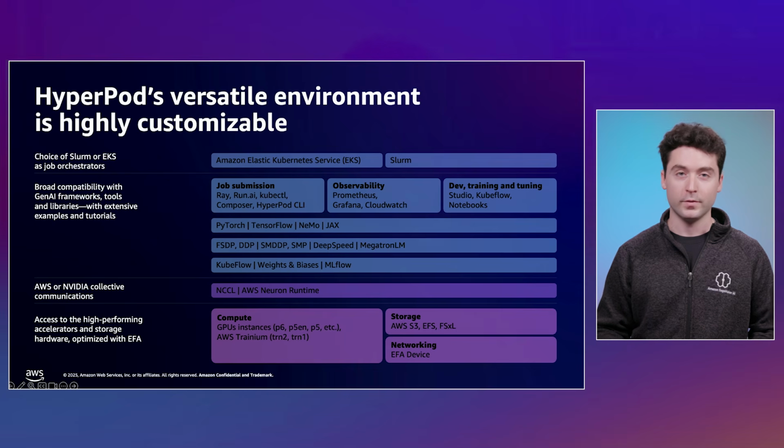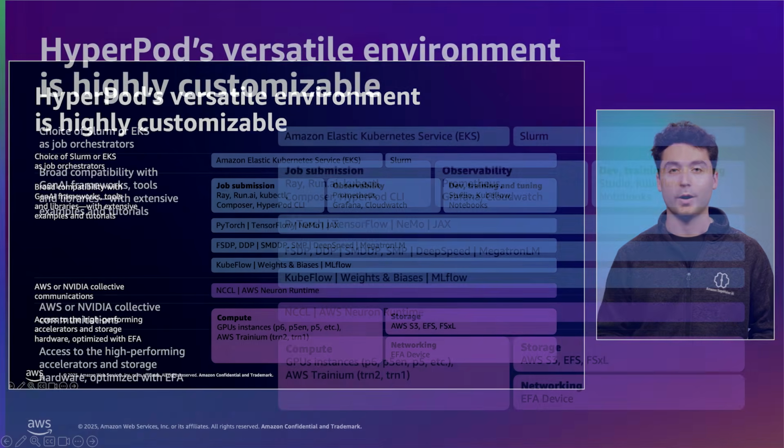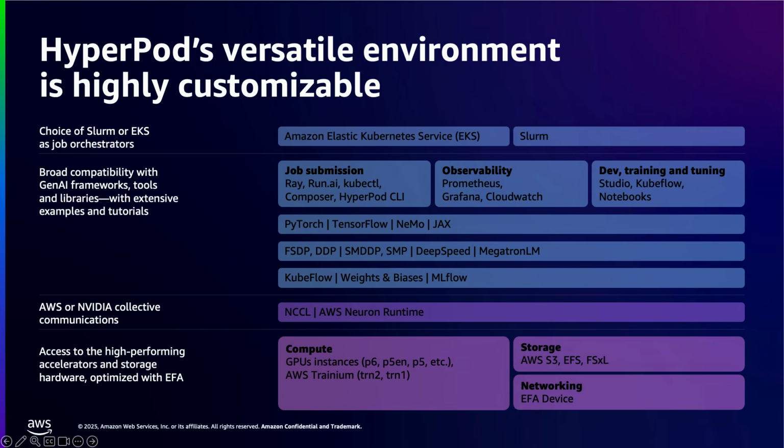and inference jobs. For example, for job submission, you can leverage open source tools like Ray, RunAI, PyTorch, Flight, SkyPilot, and more. For observability, you can use tools like Prometheus, Grafana, MLflow, Weights and Biases, and CloudWatch. For development tools, you can use tools like Studio, Kubeflow, or notebooks. Below this, you have the flexibility to bring virtually any framework, including PyTorch, TensorFlow, Nemo, and JAX. For communication, you could choose between NVIDIA Collective Communications, or NCCL, or AWS Neuron Runtime for AWS Trainium or Inferentia